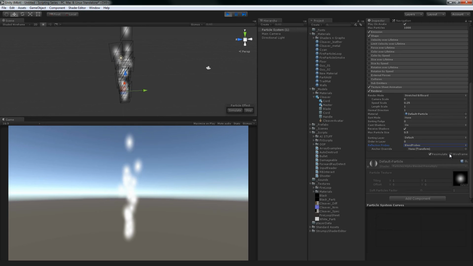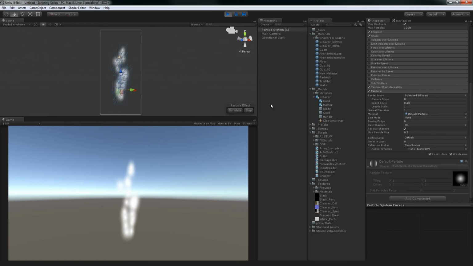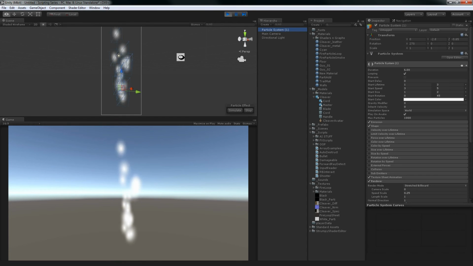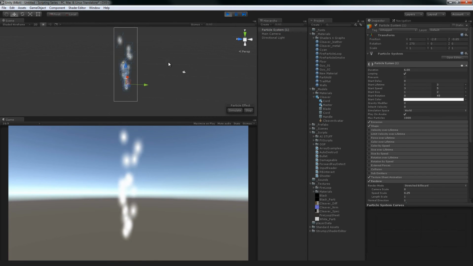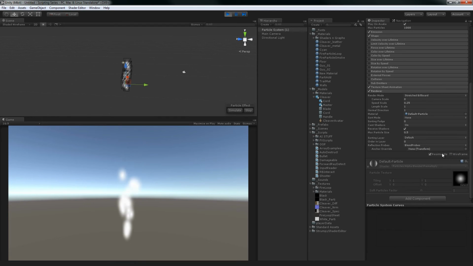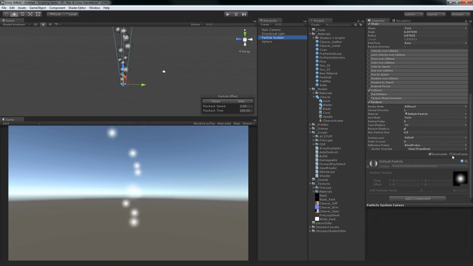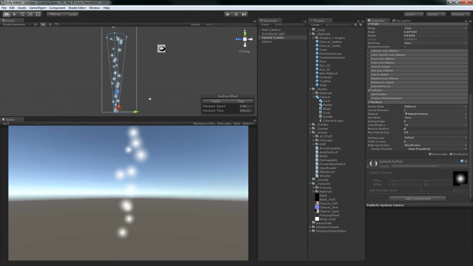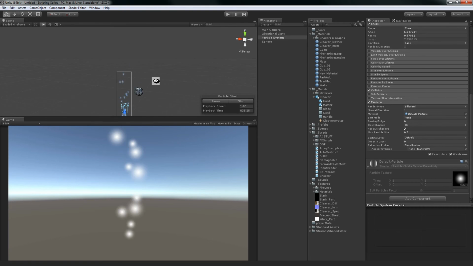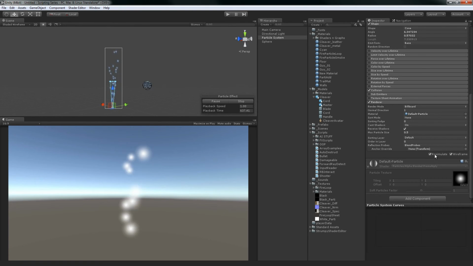This is if you want to see the wireframe of the particle system. So that's the bounding box, effectively. That's all that is. And then if you want it to resimulate, so if we turn this off and we select this guy and we go to wireframe, you'll see the bounding box in screen space. And if we check that,